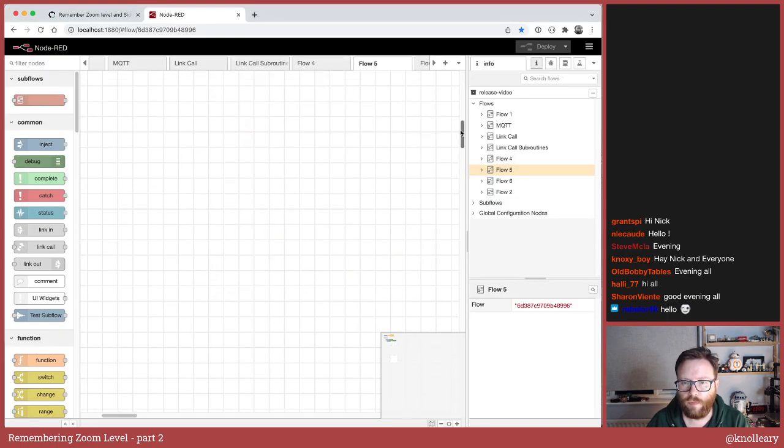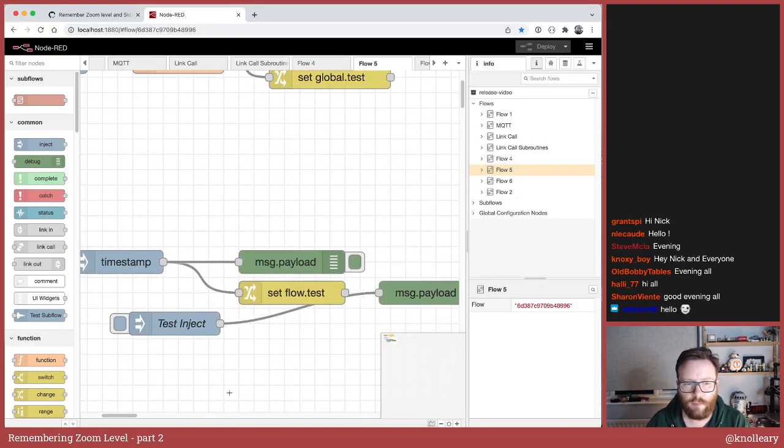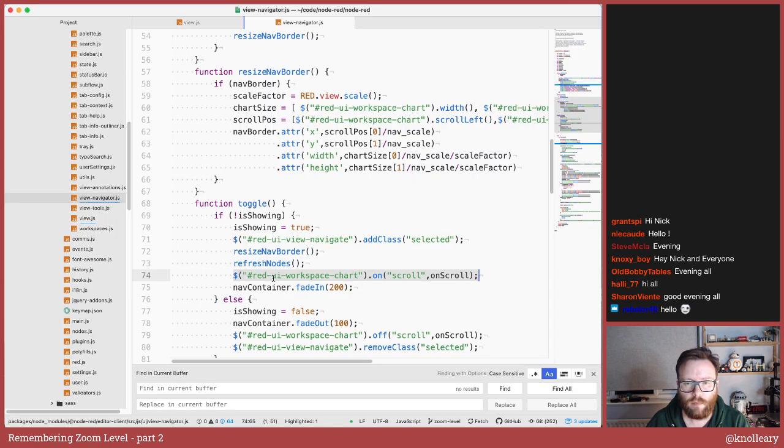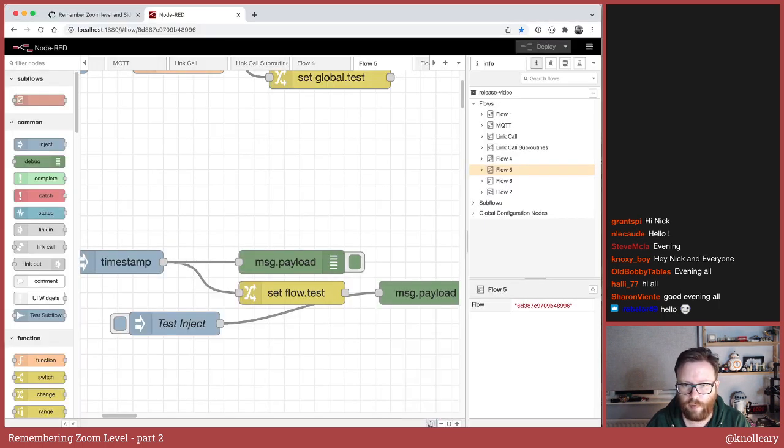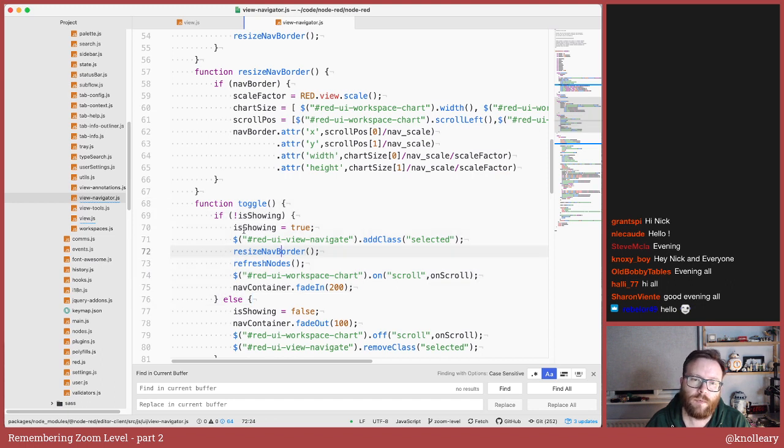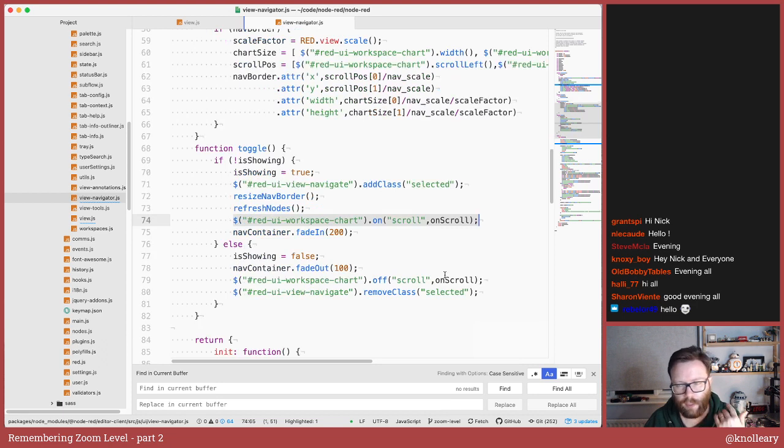That's what deals with storing the scroll position. And you can see we're inside the toggle function, which is what toggles the visibility of this guy. So that's not very helpful for what we want. This is a scroll handler that's going to be coming and going depending if the navigator is shown or not. We need a scroll handler that's just always there. But we can pinch that bit of logic.